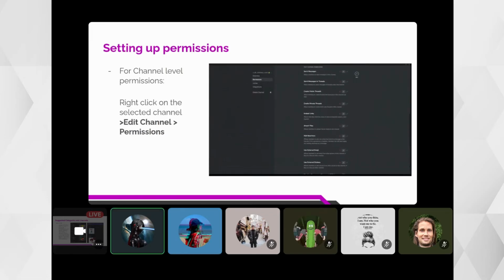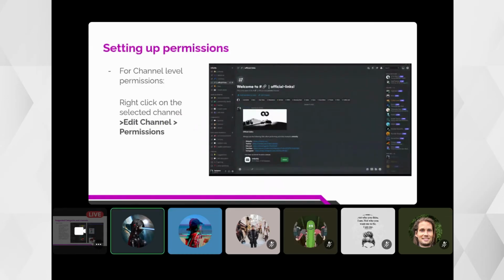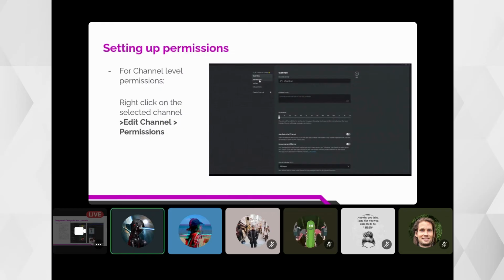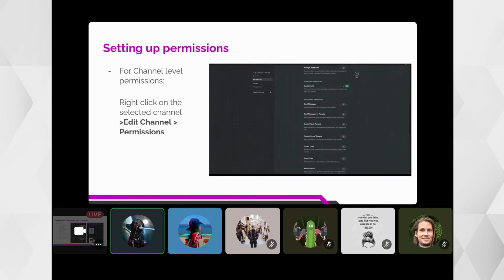Then for the channel level permissions, right click on the selected channel, edit channel, select the role that you want, and then check the permissions. Right. So these are the permissions in each role. Per role, there are different permissions per channel.